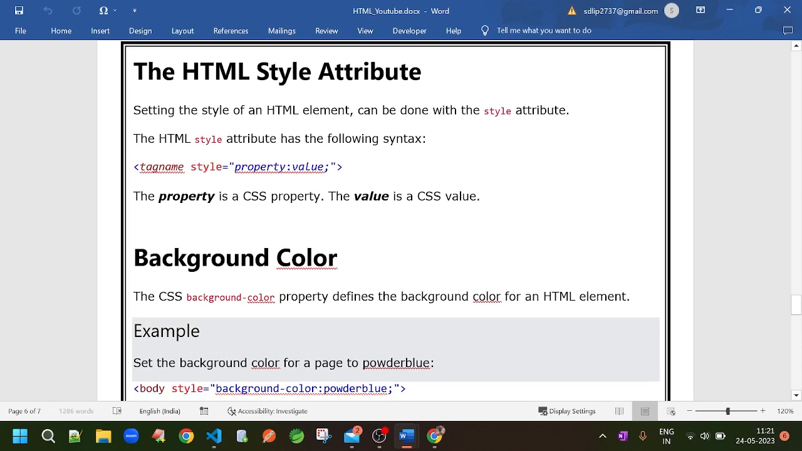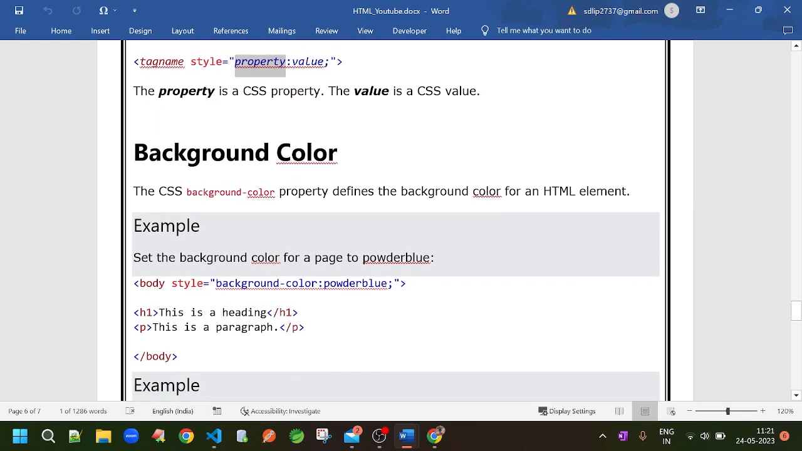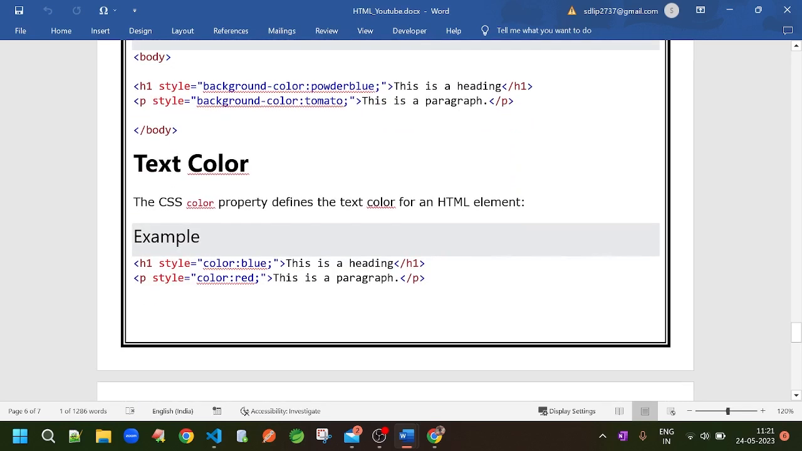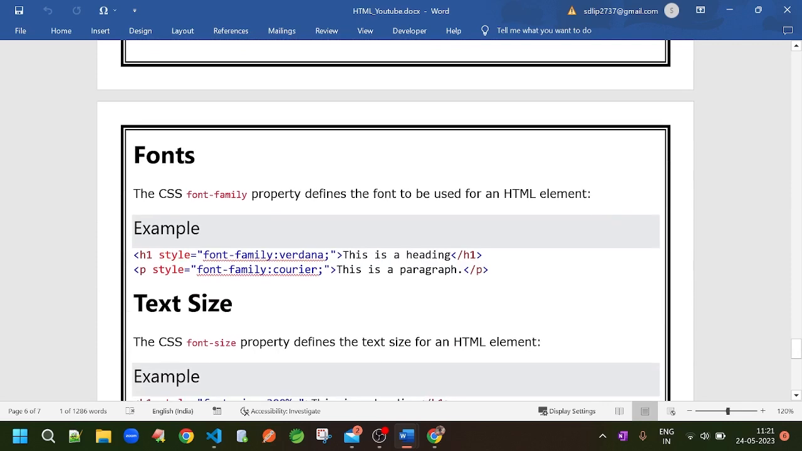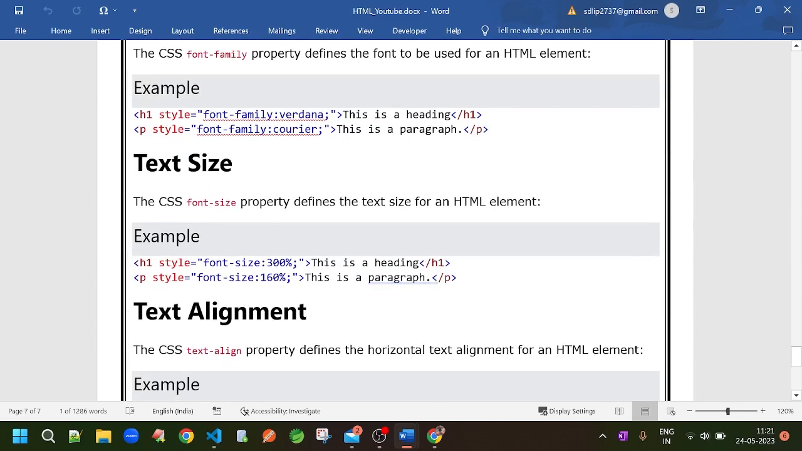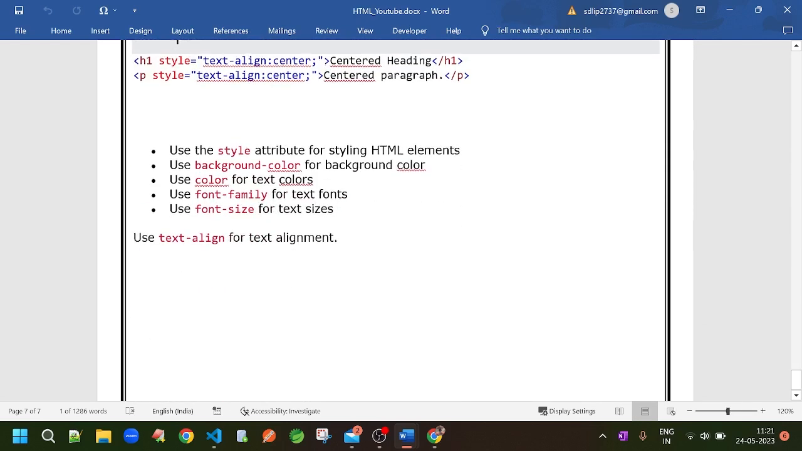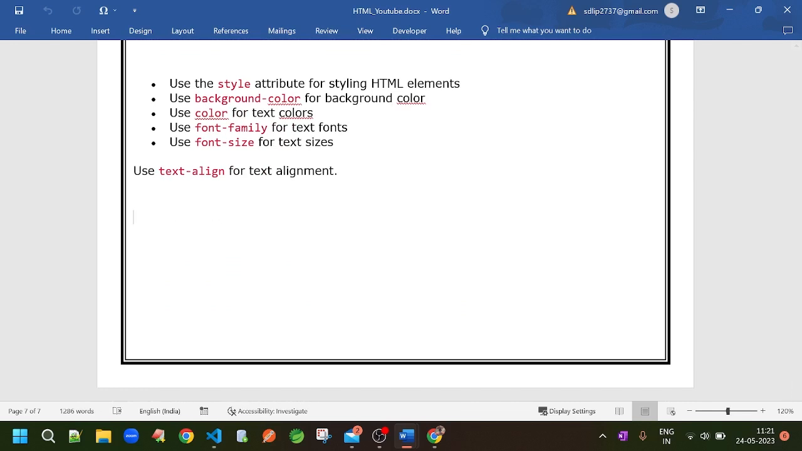So style is there, and inside it the style attribute, and inside its value there are two parts, property and value. In the properties we learned about background color, then text color, then fonts, then text size, and text alignment. Okay, so moving forward,